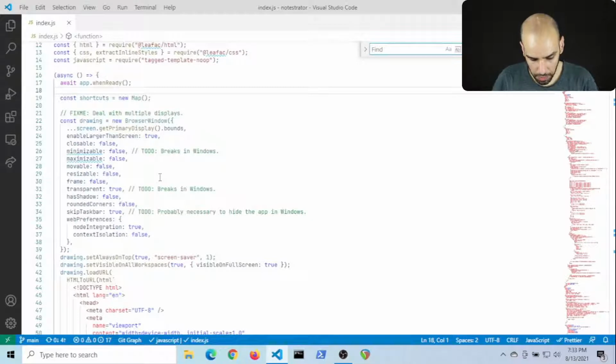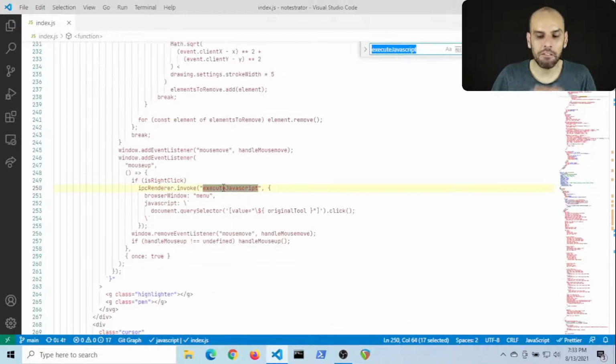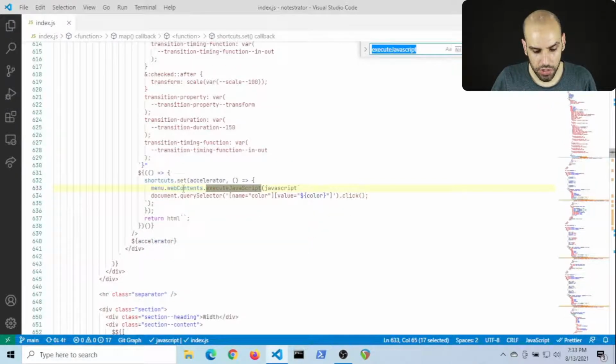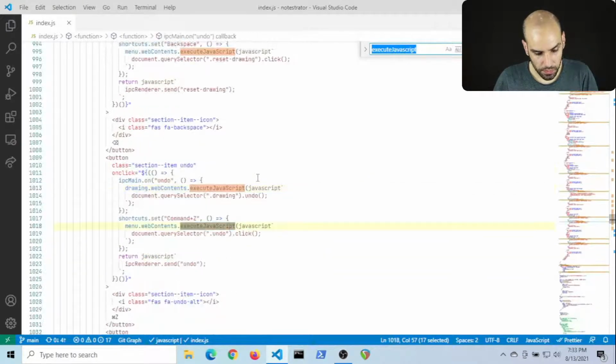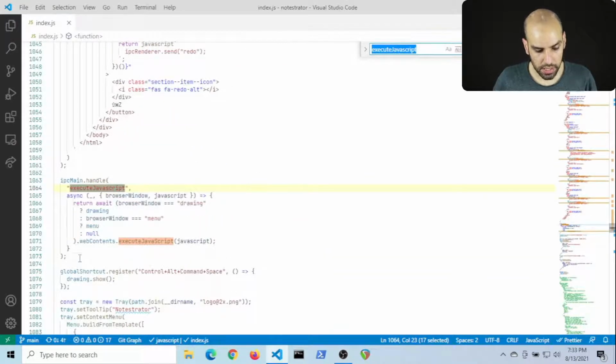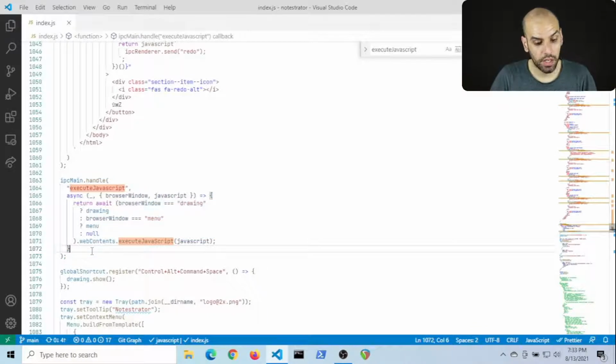So we came up with this message called execute JavaScript that essentially is evaling the code. So it runs eval essentially, but it runs eval in the context that you need. So this thing here, these 10 lines of code, break the architecture of Electron and how the processes were supposed to be separated. So what I want to do is to take these 10 lines of code and expand on them, make them work for all the features in the app. Currently, it's only supporting a single feature actually, but we will have to expand this to support more features.